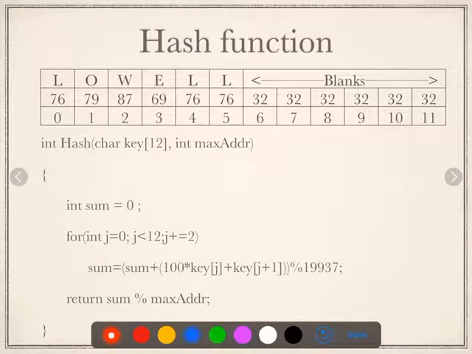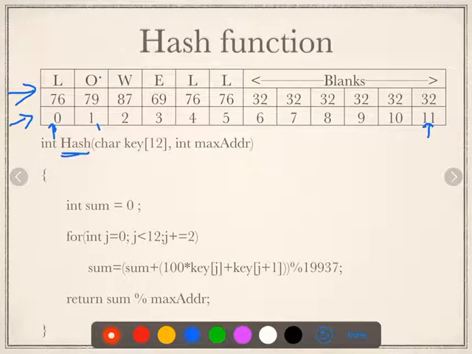We have taken the example as Lowell. Let us see how it is getting converted into the address. As we know, the first step is to convert into numerical format. We have already written it here. We are just indicating the character index. So L is at position 0, O is at position 1, W at position 2, and so on. Since we have fixed the length of the key as 12, your index starts with 0 till 11.